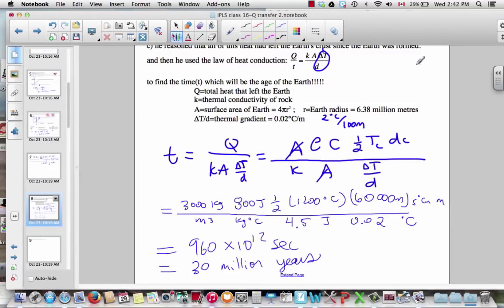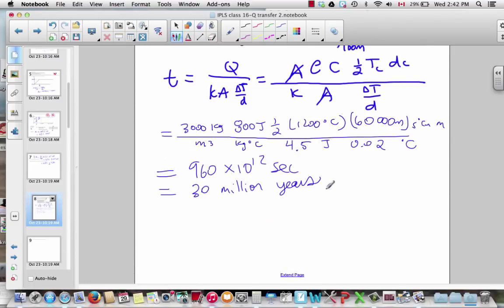Okay, so substituting in all the values and the various units, we end up with 960 trillion seconds, which is about 30 million years, which is a significant amount of time, but it was thought not to be enough time for Darwinian evolution to occur, and as a result, this was used as evidence against Mr. Darwin's theory. Of course,